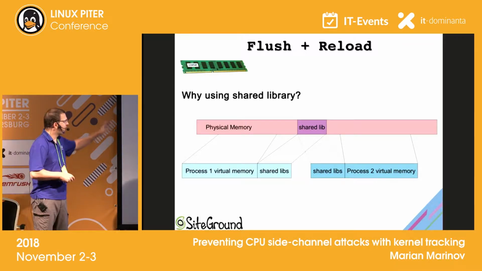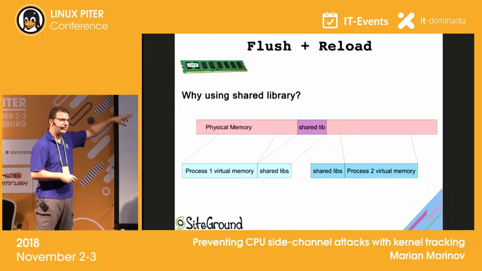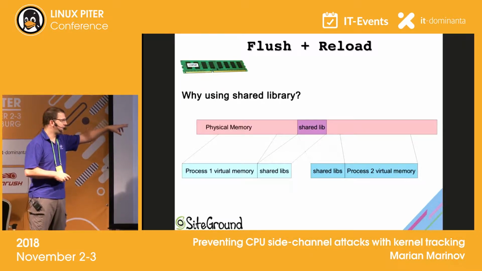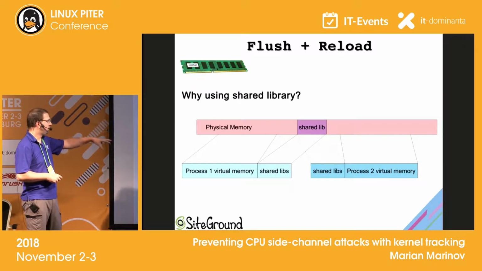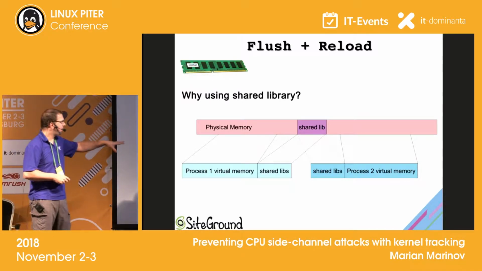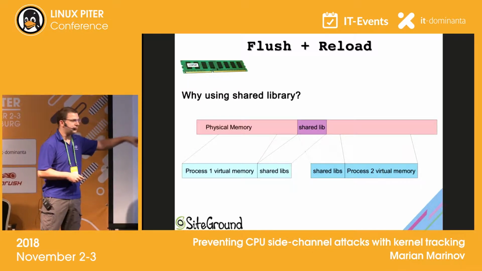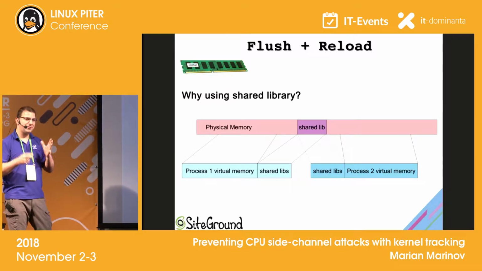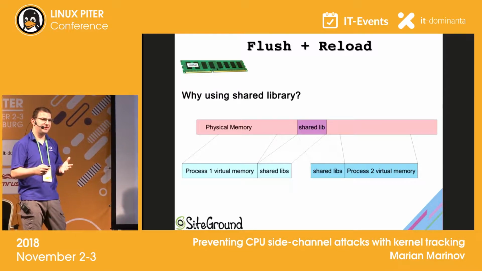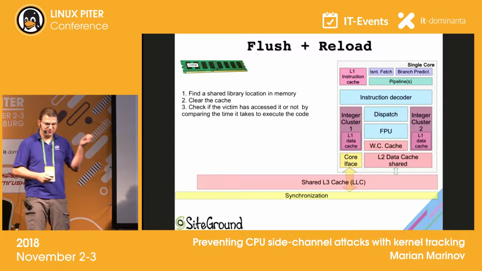So you have this physical memory and this shared library, and the kernel has mapped it onto the same physical memory. If you have one shared library in one process, the virtual memory space of this process shares the same actual physical memory with another process. And this is not directly visible from user space. This is very important to notice.